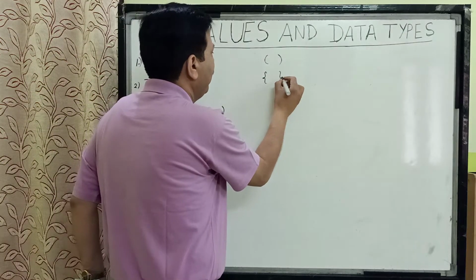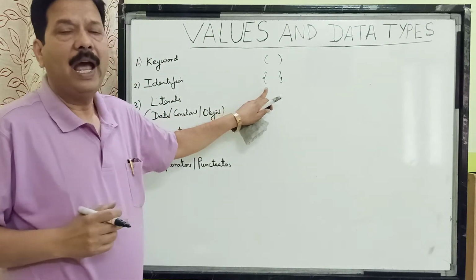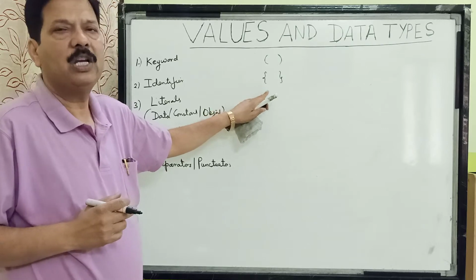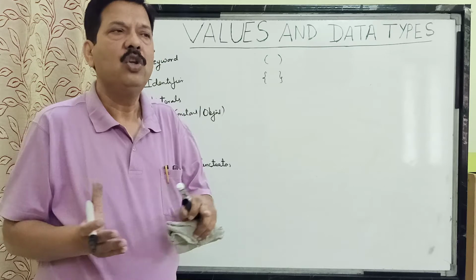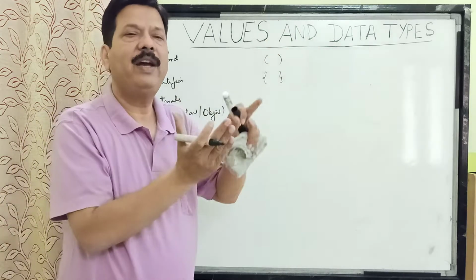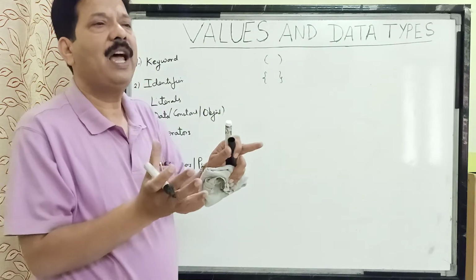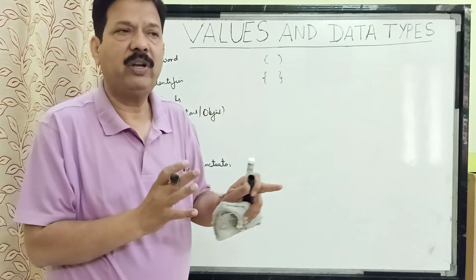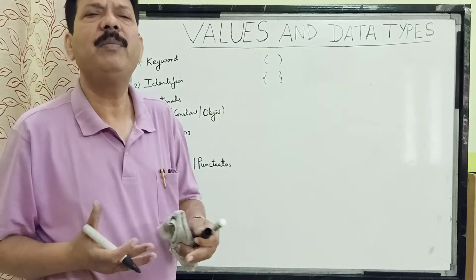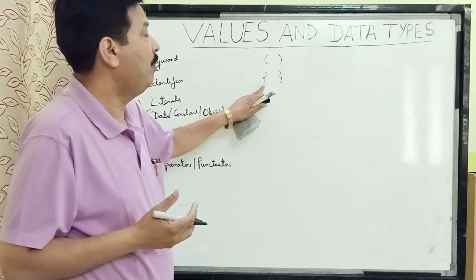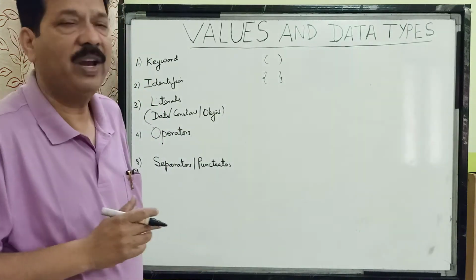Then we have another set, a set of braces, and this separator or punctuator is used to define scopes in the class which you are writing. You define a scope for a class, you define a scope for a method, and this is also used to initialize data members in arrays. Class 10 children might know it, but class 9 will be continuing. When we study arrays, you will come to know about this. When we are initializing values to an array, we use these braces also.